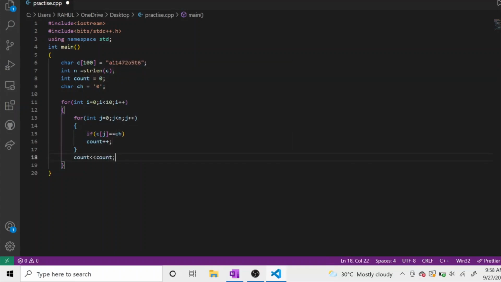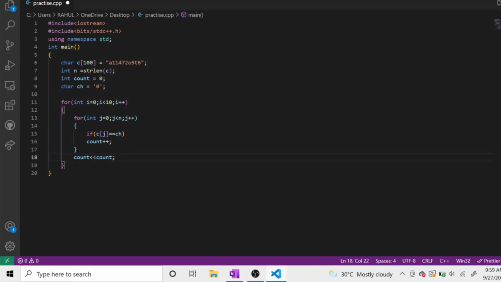Since 0 is not there in the array, our count value will never be incremented, and our count value the first time will be given as output as 0 only. And when it runs for 1, our output will be 2, because count will be incremented 2 times, as 1 is appearing 2 times in the input array. But one more thing we have to do is increment this ch character that we have taken, because otherwise it will always compare for 0 only.